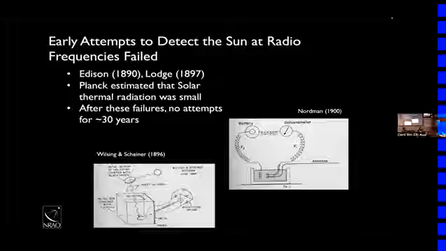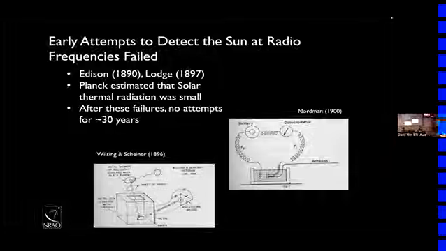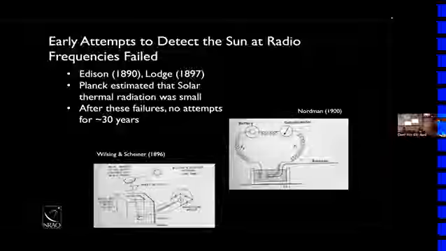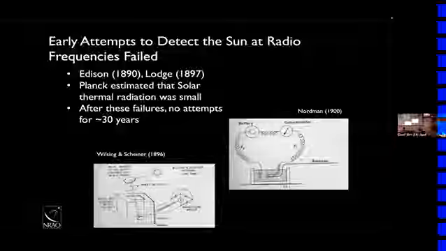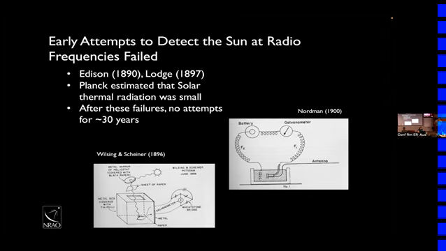So probably no surprise that when these early investigations of radio waves started to happen, people started to look for the sun, right? They said, okay, it's the brightest source in the sky. Let's go find the sun with radio waves. Nobody could do it. And they didn't know why at first. We'll come to that in a little bit. But names you've probably heard of, like Edison, and names you probably haven't, like Wilson and Shiner, tried to look for radio waves from the sun, and they were unsuccessful. They developed all sorts of different kinds of experiments to look for radiation from the sun.